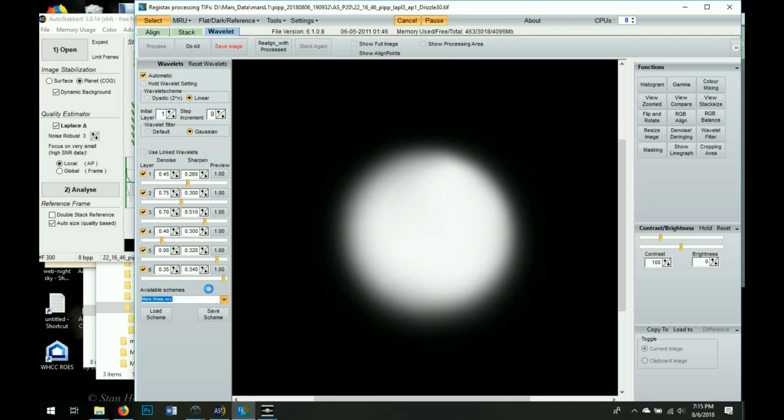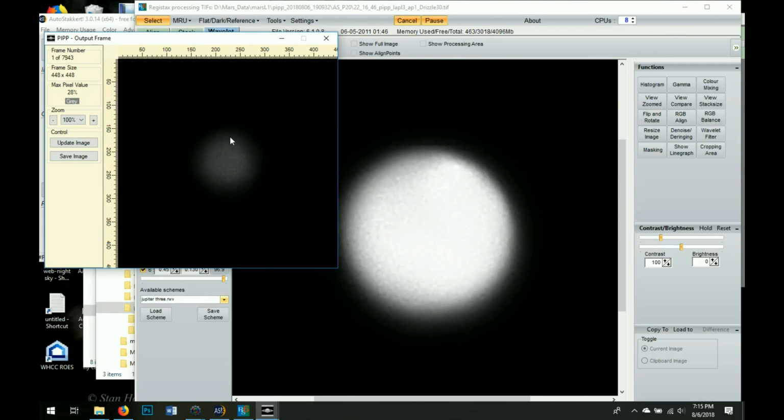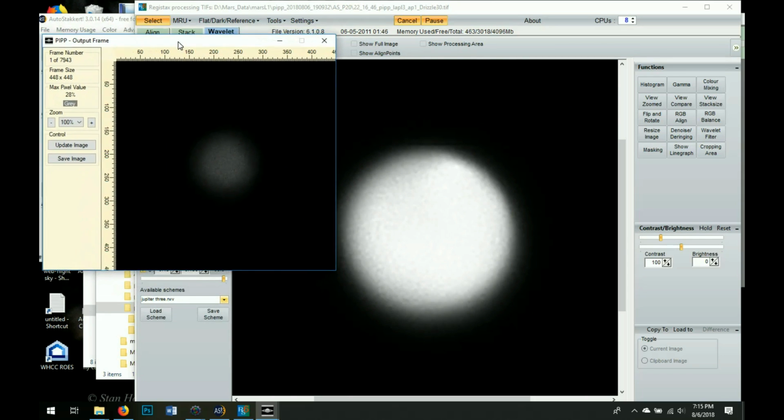Drizzle basically does 2 things. One, for planets, it'll make your final image larger. Do you remember when we did the PIPP here? So here's my original one, undrizzled. Look at the size difference between these two. This is the actual 800 by 600 array that I captured. My planetary camera has like a 3,000 by 2,000 frame size, but I'm only using an 800 by 600 array